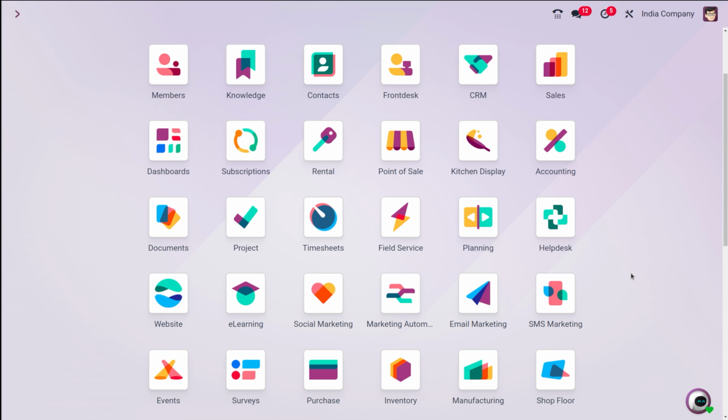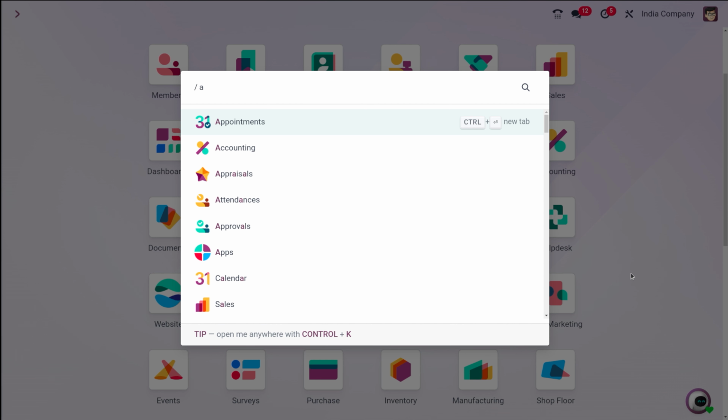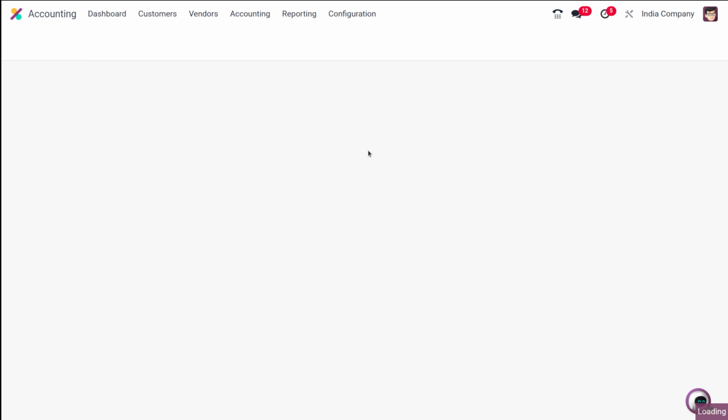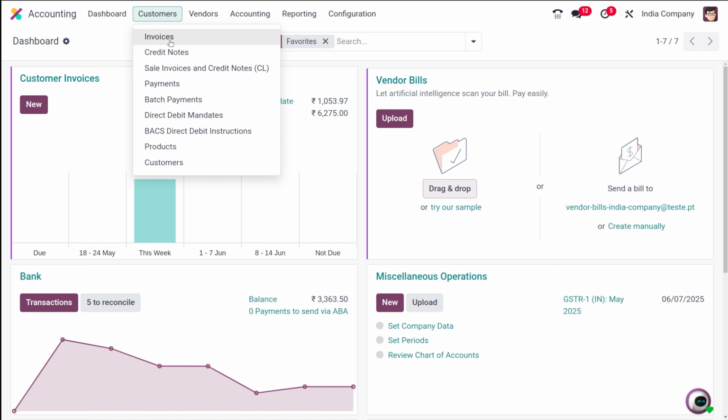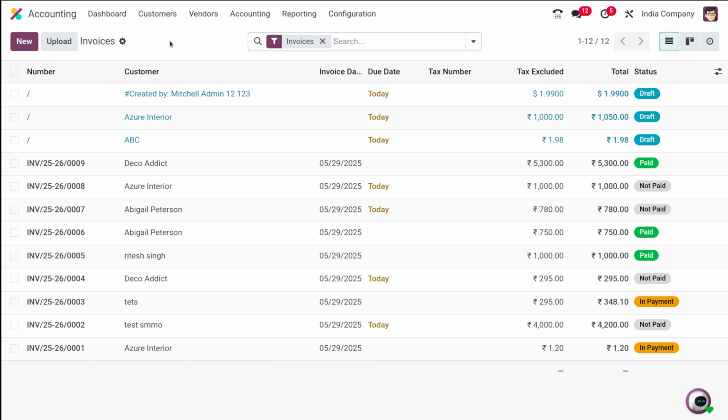Let's dive in. First of all, you have to go to the accounting module. Most commonly you will create a credit note directly from the invoice. So if you need to make a correction, go to the accounting module, and in the accounting, you have a menu called Customers, under which you can find the menu Invoices. So you can open the invoices and then find the relevant invoice for which you are going to issue the